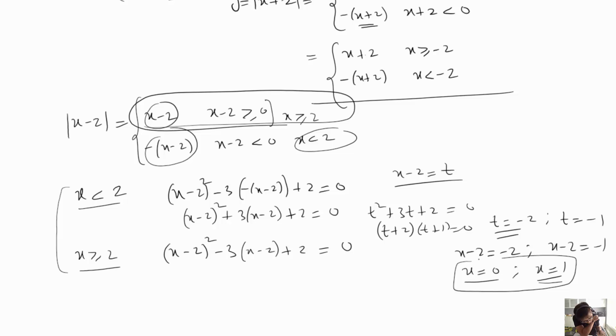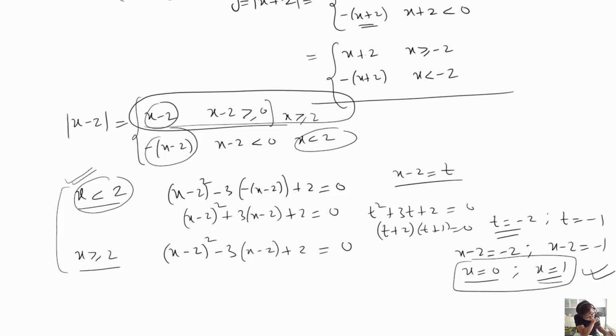Now the two answers that came, we have to check them, because we have solved this inequality in this interval when x is less than 2. So we have to check whether these two answers satisfy this inequality or not, whether they are less than 2 or not. If not, then we have to reject these answers, because we are solving with this perspective, with this interval, we can say x is less than 2. So the values of x here are both less than 2, so we accept both answers,